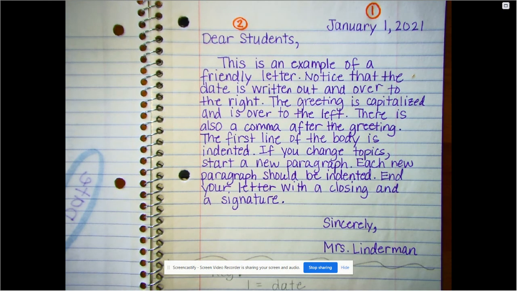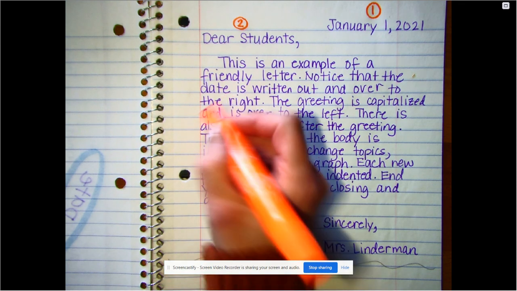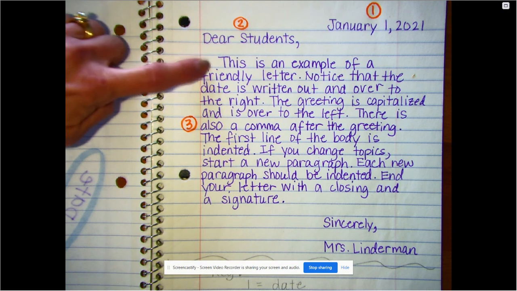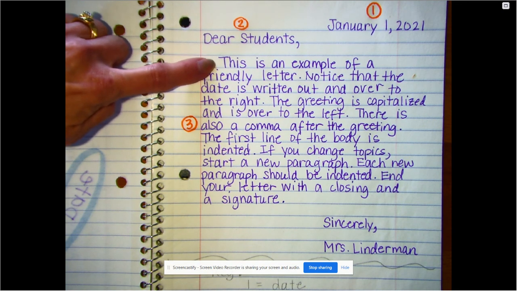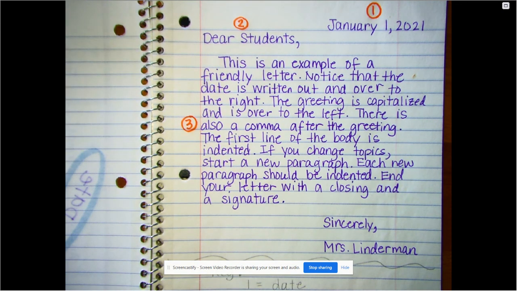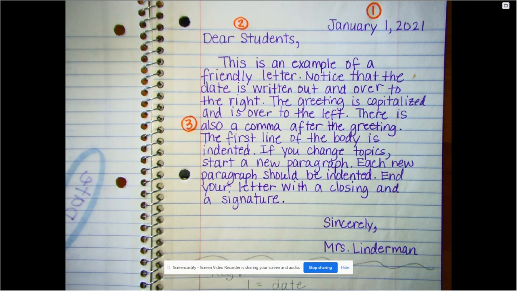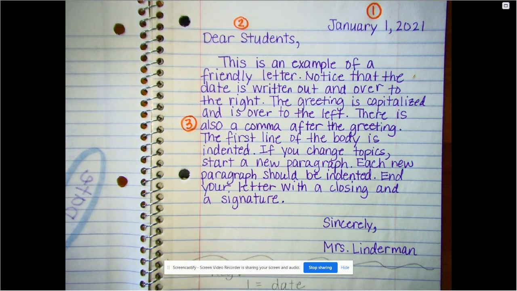Okay, the body or the message of my letter is down here. And remember, this is just one paragraph because I've only indented my first line. You're going to be indenting 3 paragraphs because you're going to have 3 reasons with examples. So you're going to have a lot more to write than I did.